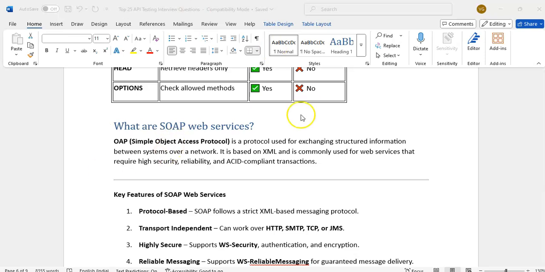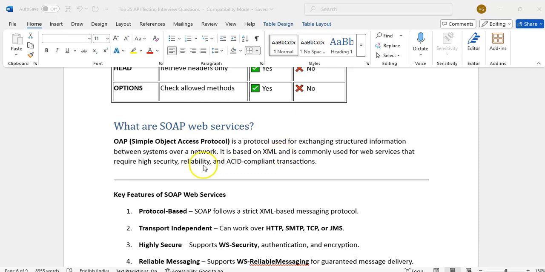I think nowadays no one is using this. It is also a protocol like REST, used to exchange structured information between systems over a network. SOAP web services are based on XML.